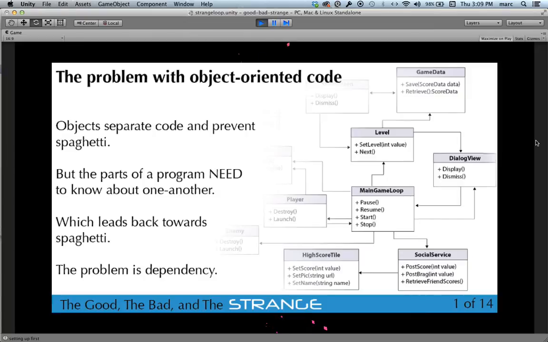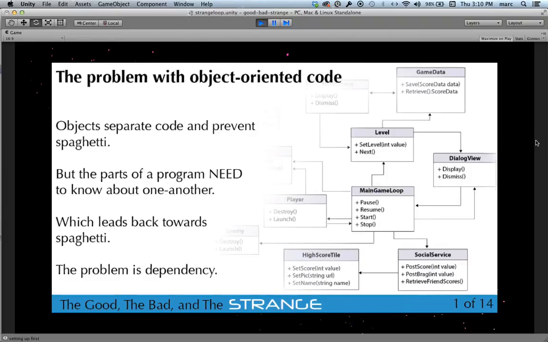So the core of this problem is a basic issue to do with object-oriented code. We all understand the idea of objects, that you are going to code the things in your application or in your game. The idea of creating these objects is to separate your code, to compartmentalize it according to its use. And that's great, but inevitably there are points in which those various separate pieces need to know about each other. Two objects need to know that they've hit each other and therefore something happens, or you press a button which causes something to happen.